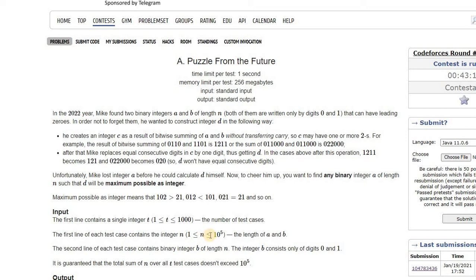Yeah, so this is an analysis of the A puzzle from the future problem from Codeforces Round 696. Mike has two binary integers, A and B, of length n, and they can have leading zeros. He wants to construct an integer D such that first, integer C is the result of a bitwise